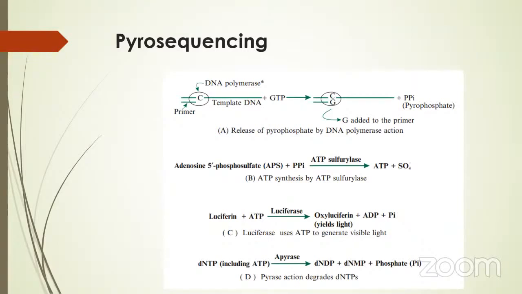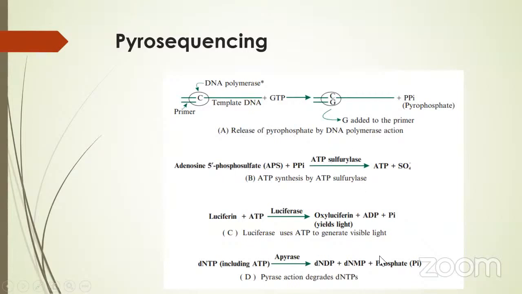Okay, now for pyrosequencing, what do we do? As I said, each well contains only one bead, and one bead has one kind of fragment. The principle is based on luciferase-based detection technology. You have to remember only the principle for each sequencing method. You do not have to remember all the steps and small things, but remember the principle of this technology: whenever a DNA polymerase adds a particular nucleotide,